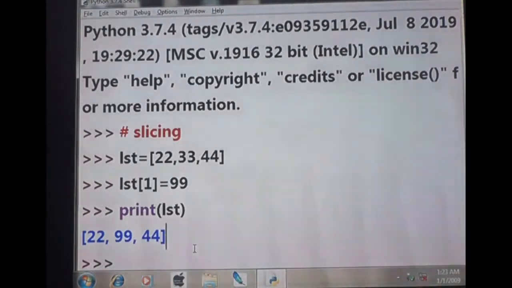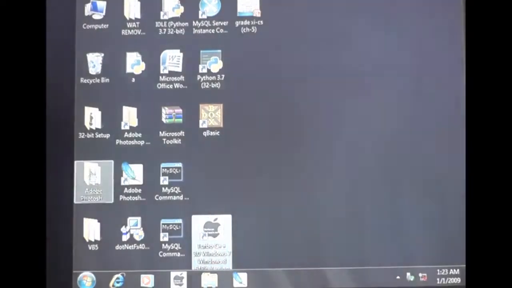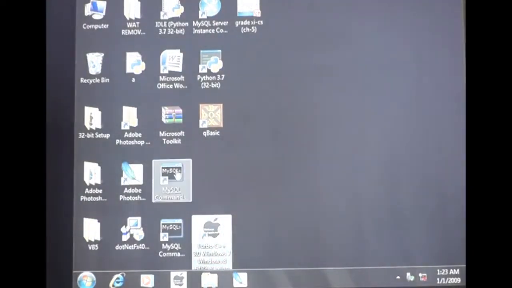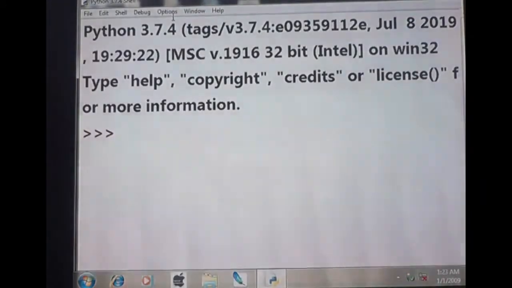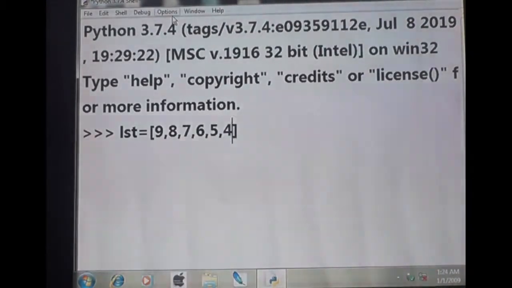Shall we go for the next topic? Okay, then what can we see? The next question is again a slicing question only. So list is equal to 9, 8, 7, 6, 5, 4, 3, 2, 1.